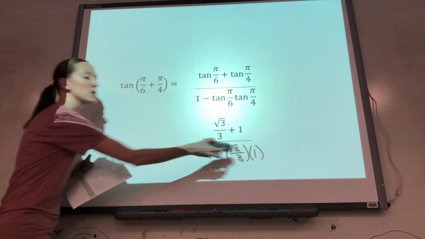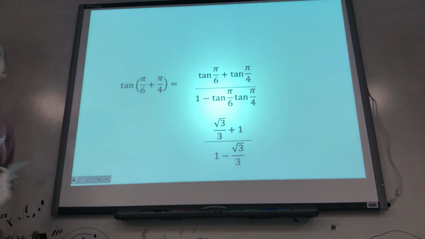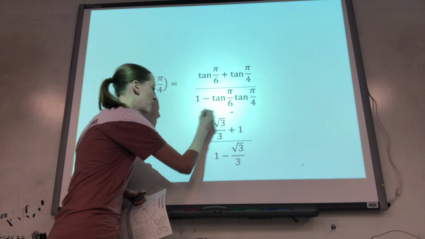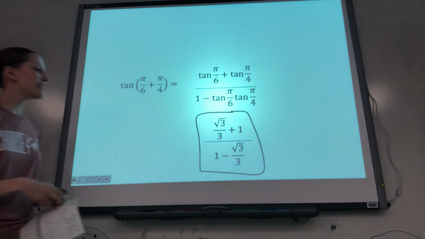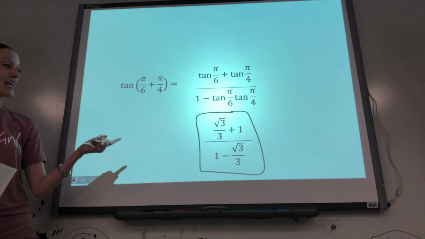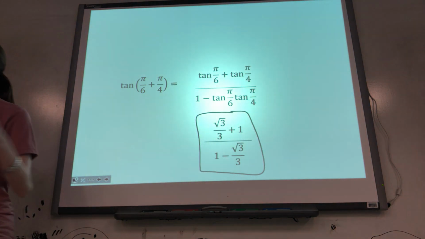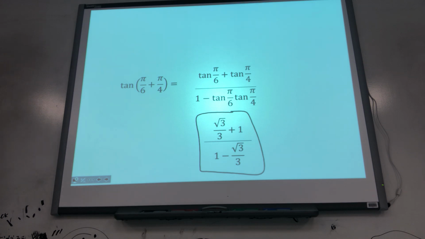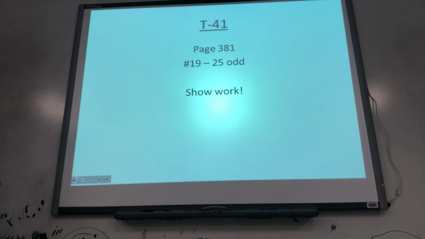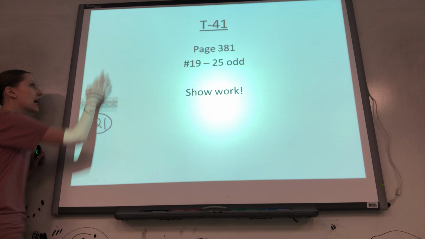And you can go ahead and multiply those out since it's just 1. Square root of 3 over 3 times 1 is just square root of 3 over 3. You don't have to do anything else. It doesn't simplify to just be a 1. You could take everything times 3 and it would be radical 3 plus 3 all over 3 minus radical 3. That's fine. Or you can just leave it the way it is. Okie doke. Questions on that? Some of your problems are in degrees, some are in radians. Now, there is something pretty important I need to show you about a couple of these